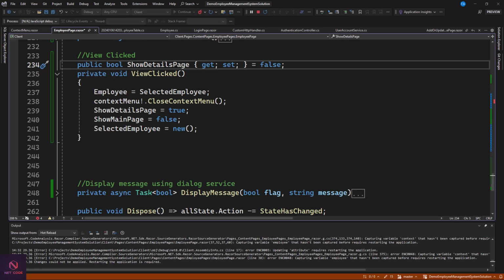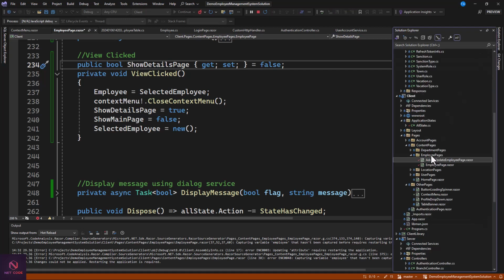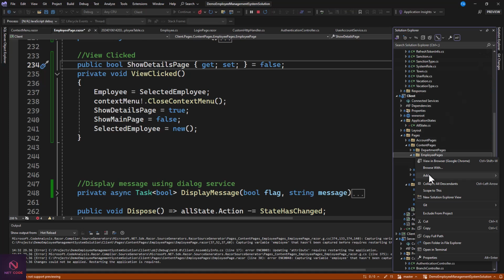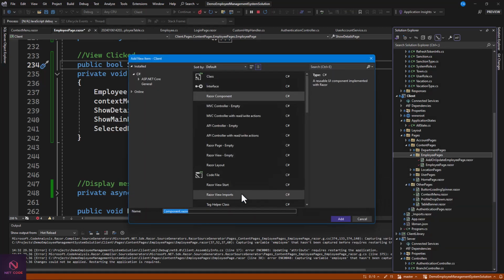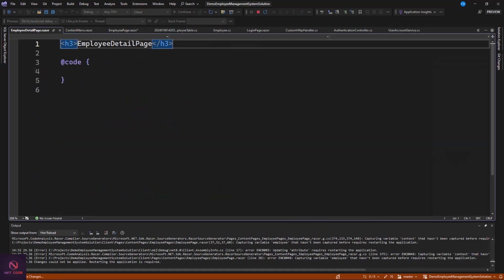So do you know what you're going to do? Where do you think we can create this component? I guess you're saying from this employee pages. That's right, you are correct. So let's create this component, and we're going to say this is an employee detail page. So inside this employee detail page, I did not have time to decorate this well. Okay, so I was able to come out with